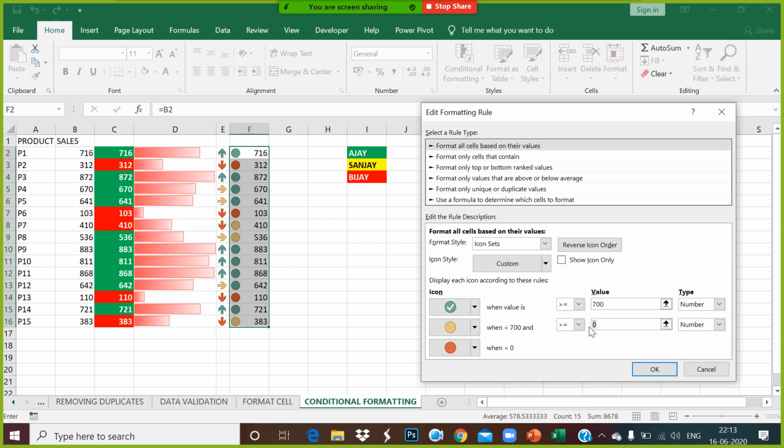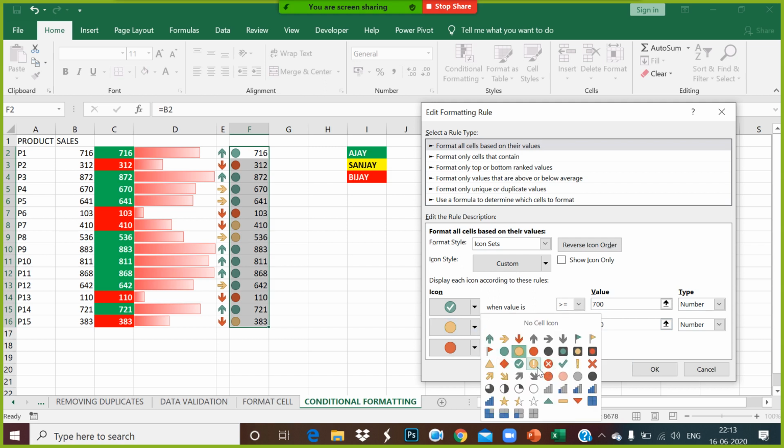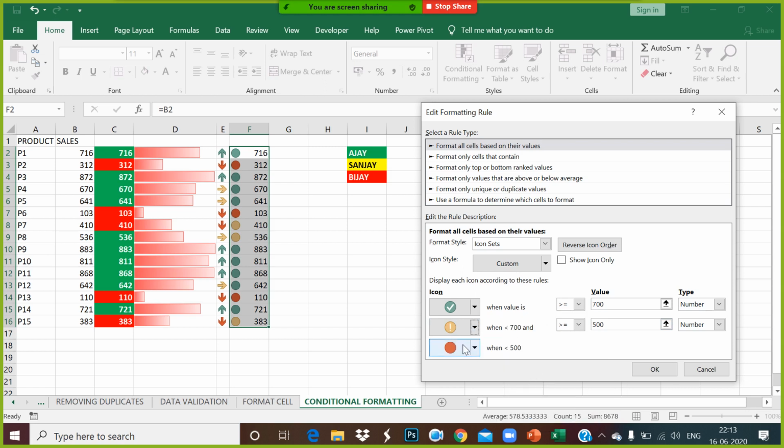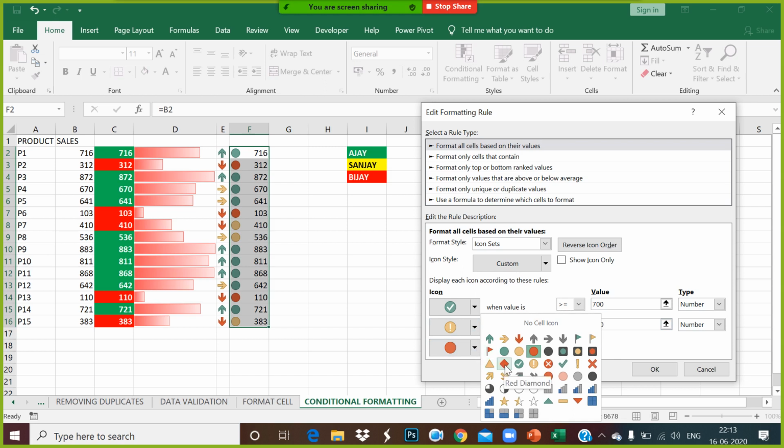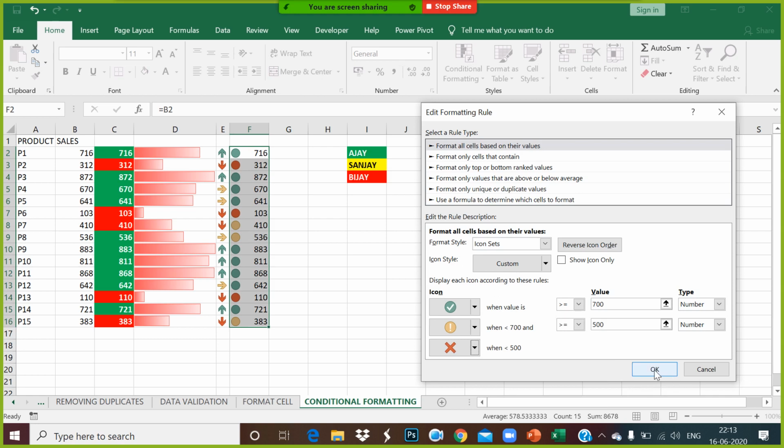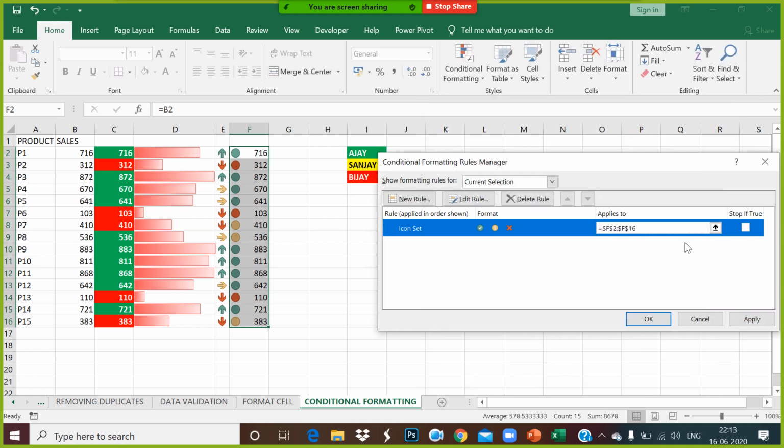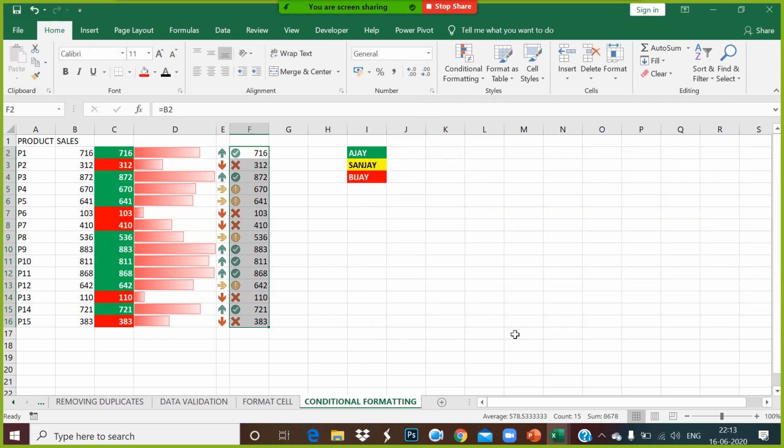If it is greater than 500, I'm going to show this mark. If it is less than 500, I'm going to show it this way. I change the rule, apply, and say okay.